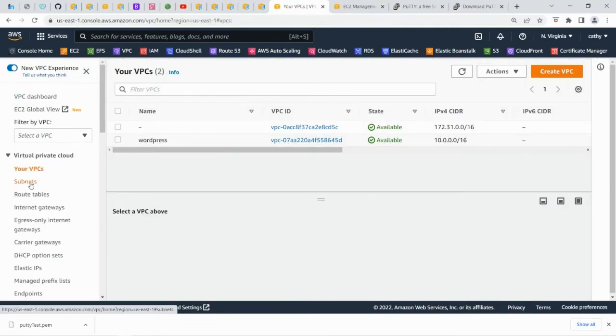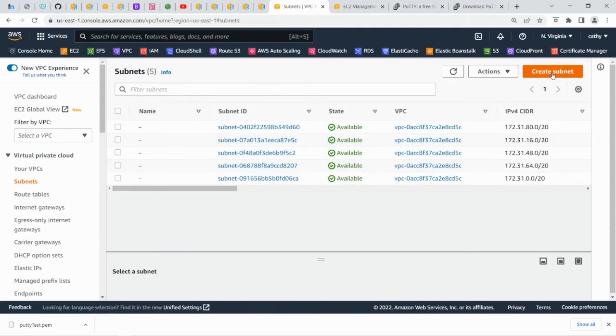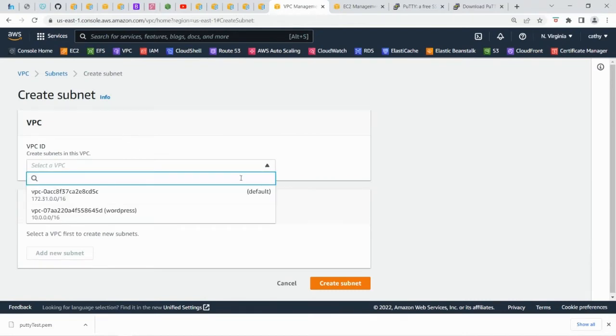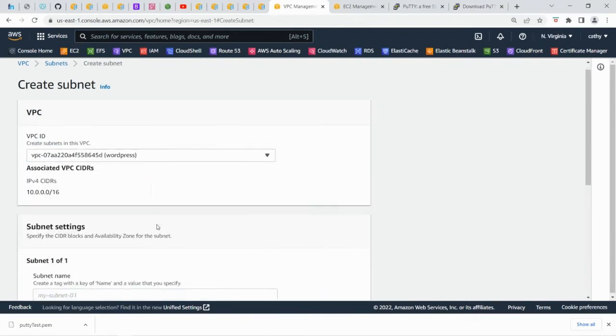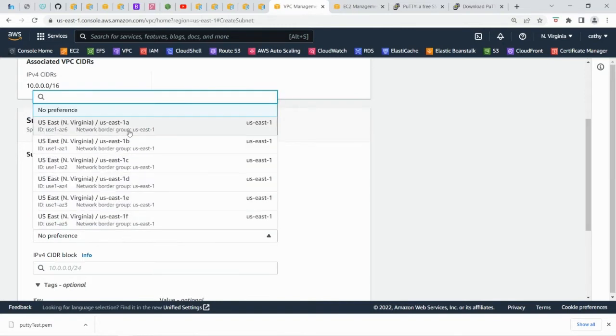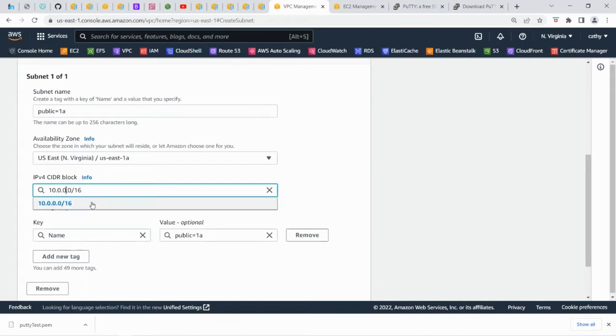Then I'm going to set up 4 subnets, 2 public and 2 private. For all those subnets, I'm going to put them in the WordPress VPC. And let me copy this CIDR first. First one, I'm going to create a private subnet. Availability zone will be 1A. And then the CIDR block, I'm going to give it